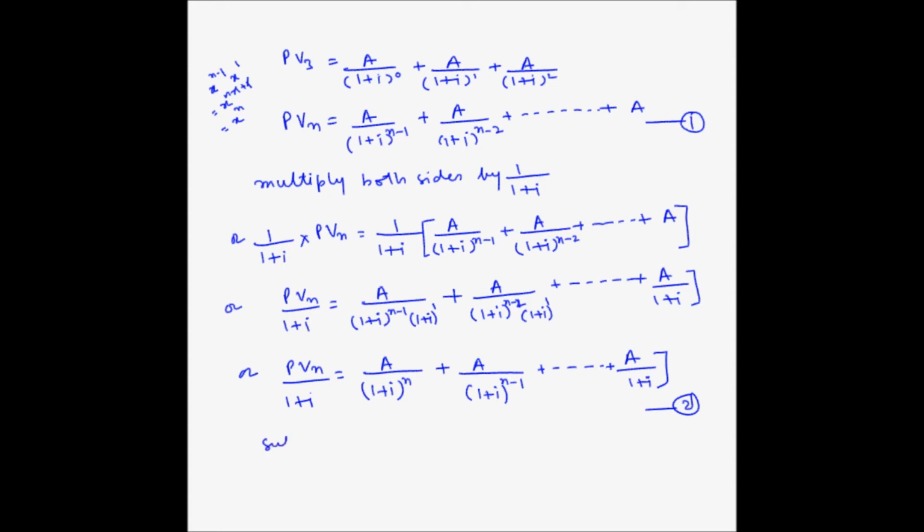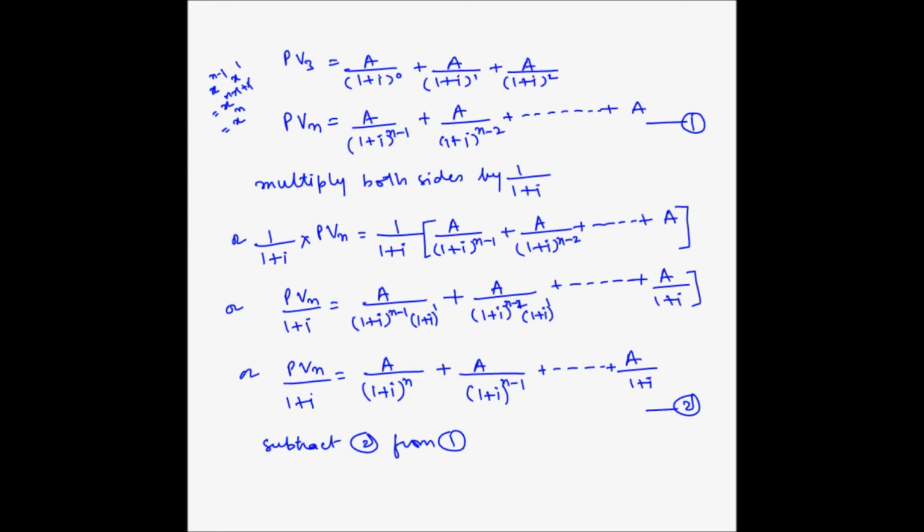Now let's subtract 2 from 1. So actually we don't need this bracket here, so let me remove it. So since we are subtracting 2 from 1, we'll put a negative sign on every term of equation 2. So minus, minus, minus, minus, minus. So our left hand side becomes PVN minus PVN divided by 1 plus I. So PVN minus PVN divided by 1 plus I is equal to, now on the right hand side we have